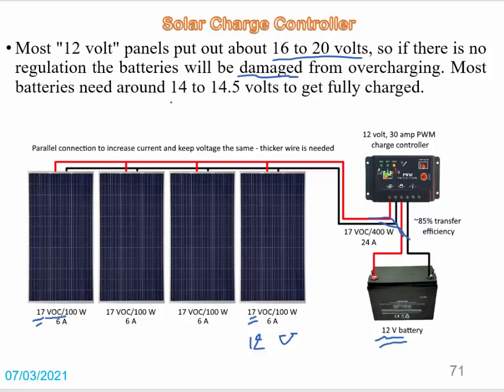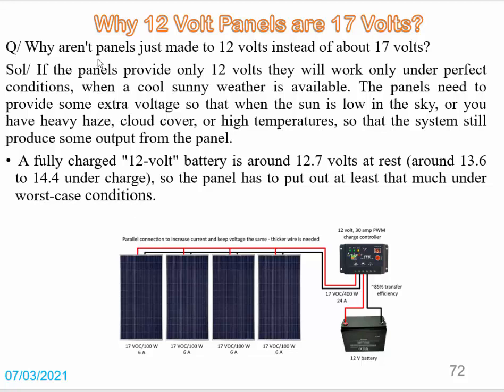Most batteries need around 14 to 14.5 volts to get fully charged. We can see this battery is 12 volt, but to be fully charged it needs about 14 to 14.5 volt. So here's the question: why aren't panels just made up to 12 volt instead of 17 volt? You can see the panels are made of 17 volt, but we need just 12 volt to recharge the